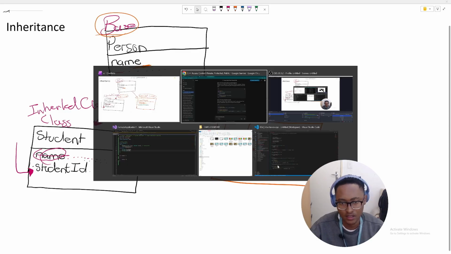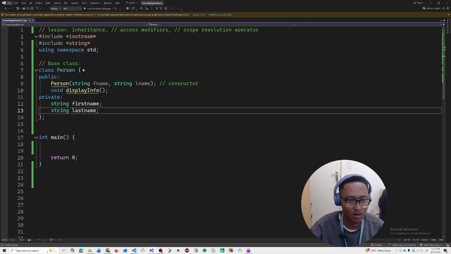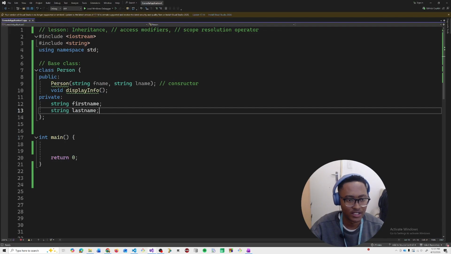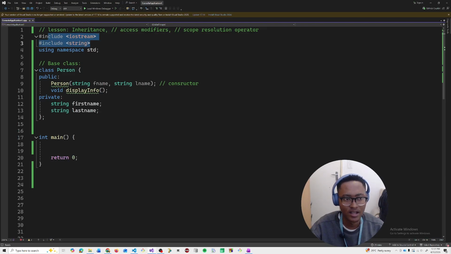All right, so I'm just gonna go over to my IDE over here. Just remember to create a new project: file, new project, and create that project. Okay, so let's get started. Obviously we have the include iostream, and include string as a type, and then also